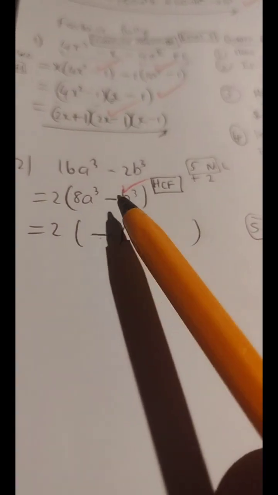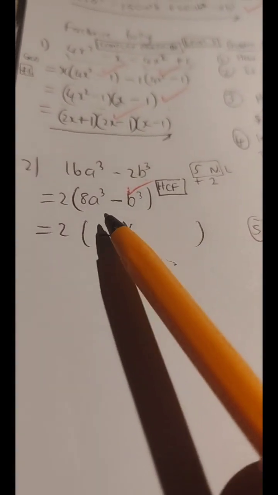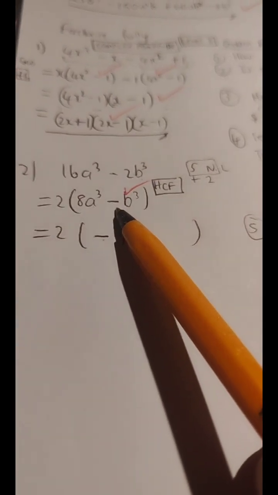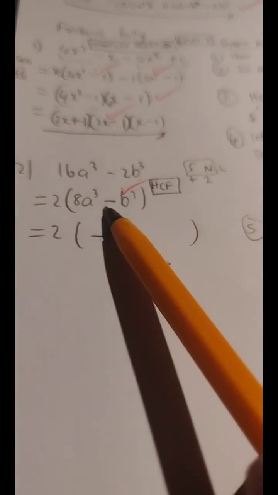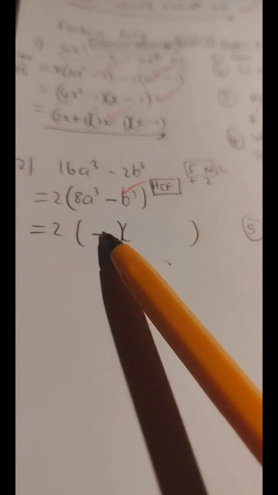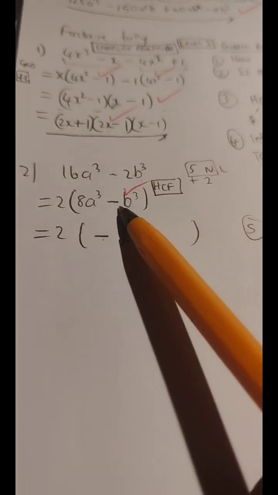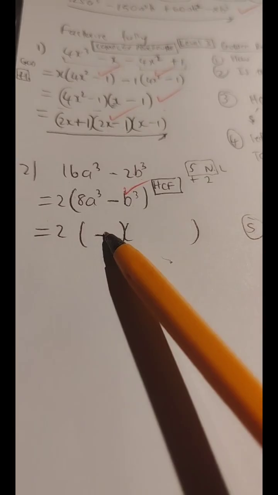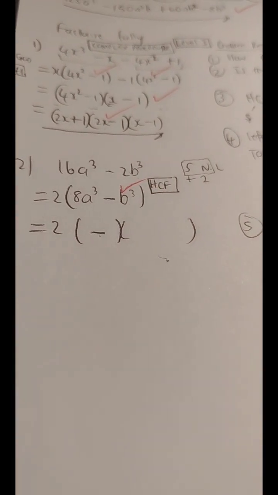So please, guys, if it's a difference of 2 cubes, you can factorize using cubic factorization. If it is a sum of 2 cubes as well, you can factorize using cubic factorization. So with the difference, this is how it works. For the signs, your first bracket is identical to the sign found in between the 2 terms. Since this is negative, my first bracket will be negative. If this was positive, my first bracket would also be positive.